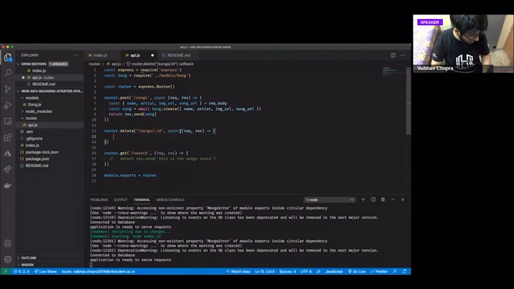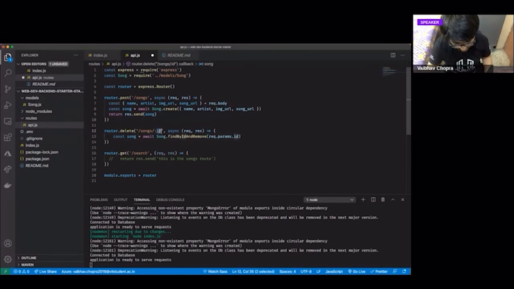Okay. Now we do const song equals await song dot find by ID and remove. This is the name of this function. It's a very long name, but that's how it's made. You have to await that it finds this request.params.id.